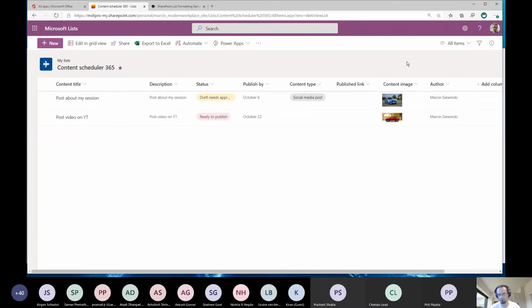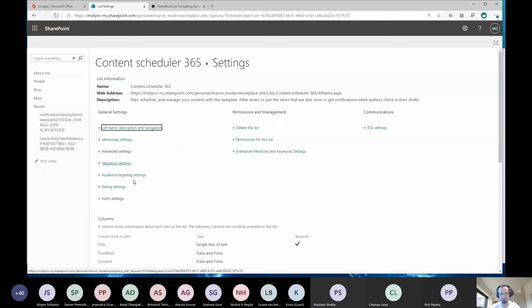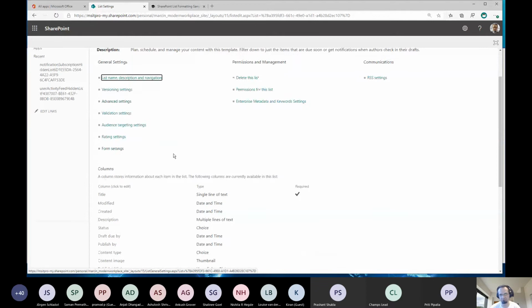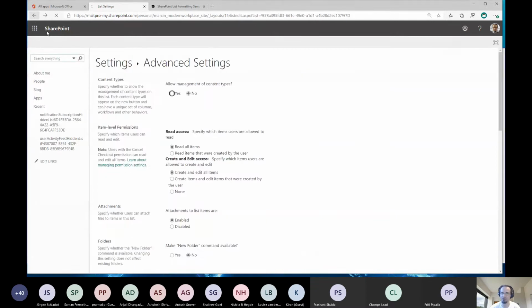But because it's a SharePoint list, if I go there and click list settings, I get full options like in a regular SharePoint list. So I have even more options to customize that list, create maybe content types, etc. Because we have a classic SharePoint list behind it.